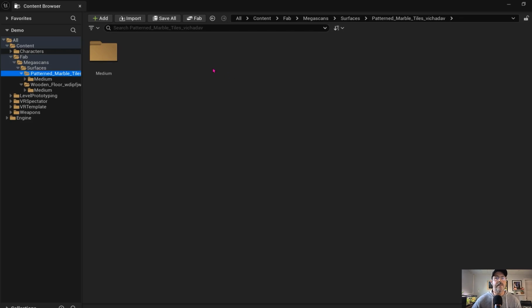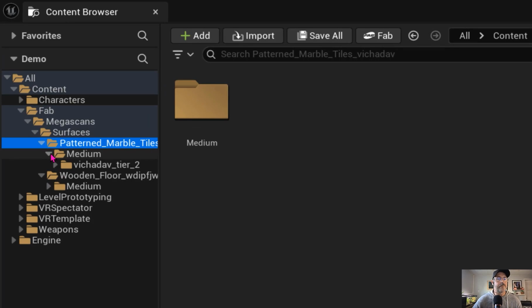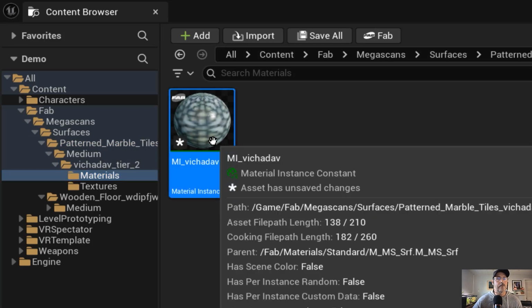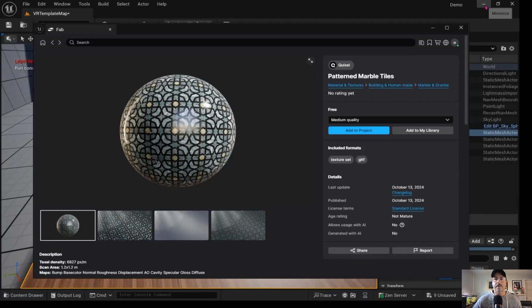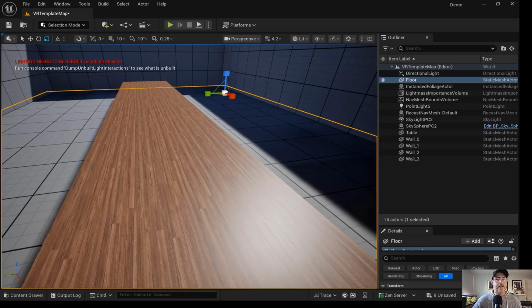Now that we have this window opened up, here's another fast way to add it to your project. You can come in here and find the material. So there's patterned marble, and we have to drill in a little bit further till we get to the materials. You can select that material that's highlighted blue, and I'll just minimize this for now. It will remember that it's selected over here. Then we can click on the floor,